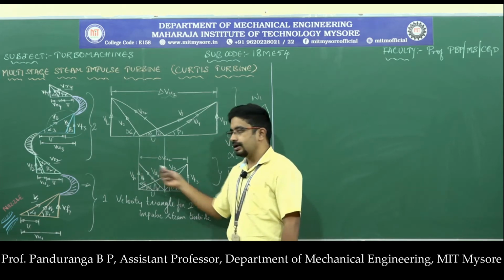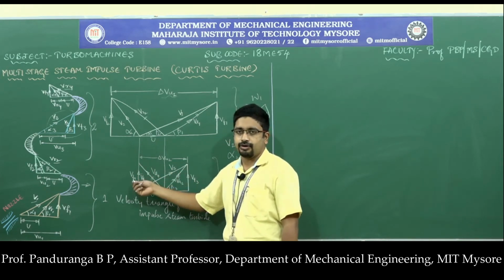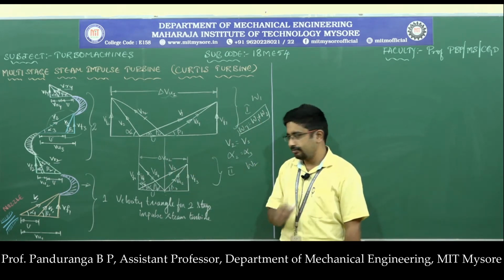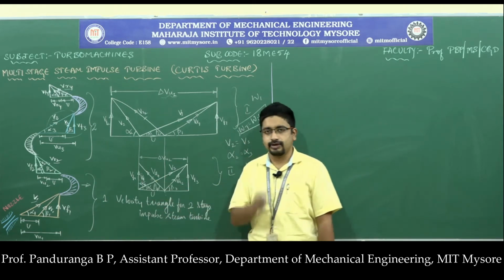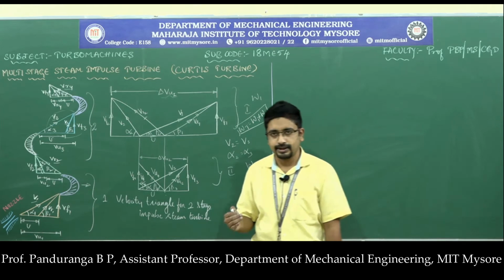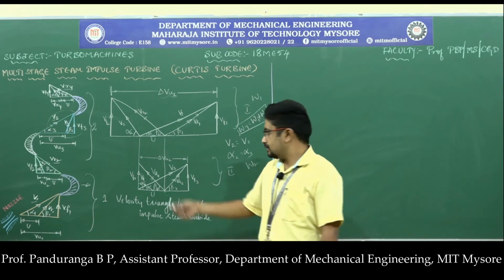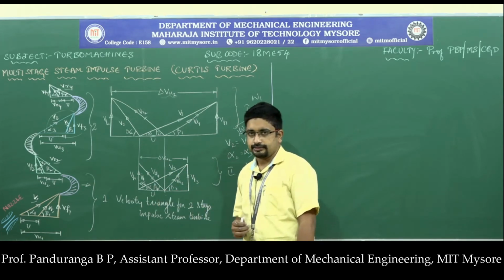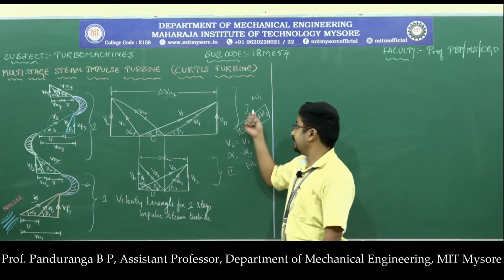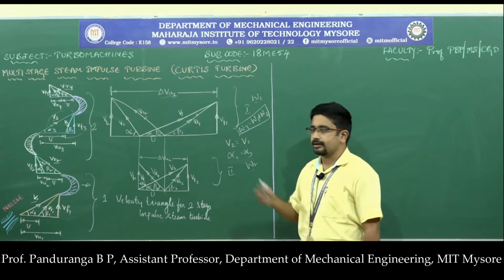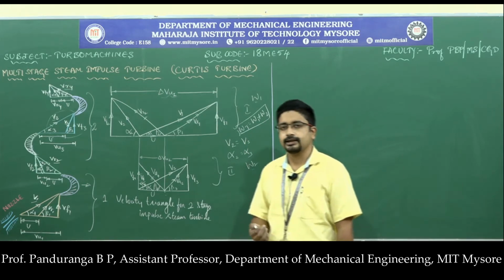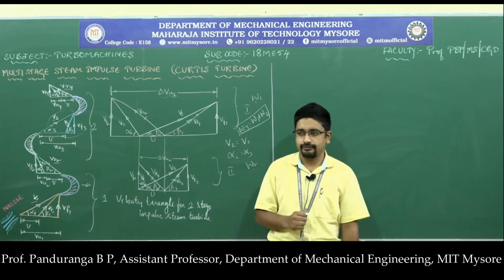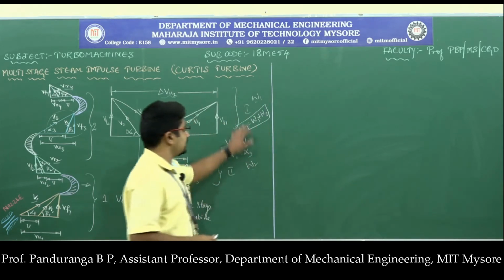So here the horizontal distance between VF4 and VF3, I will call it delta VU2. If you remember, since V4 is vertical, it does not have any horizontal component, so VU4 will be 0. So delta VU2 will be equal to VU3. Okay. So now let us find out W1 and W2, and then the total work, then substitute that in the blade efficiency equation and find out the condition for optimum blade efficiency. Okay, I will start with W1.